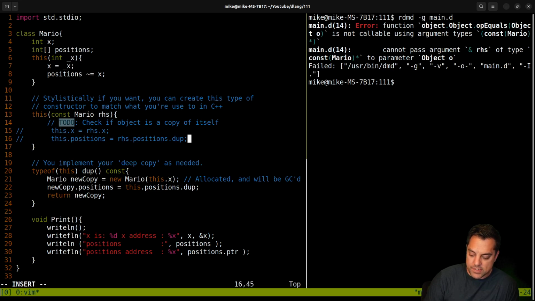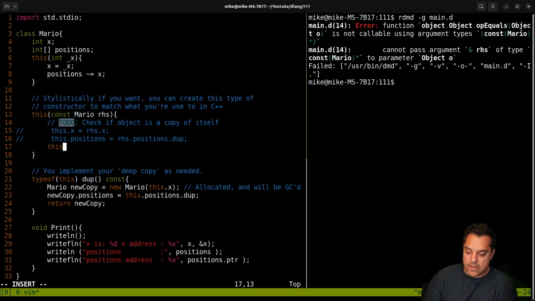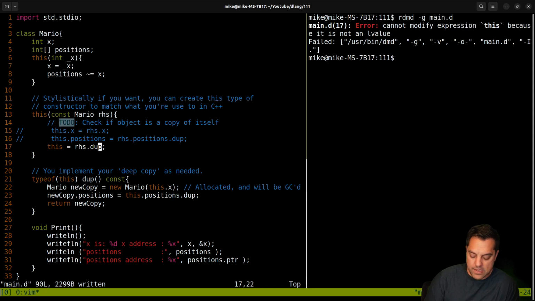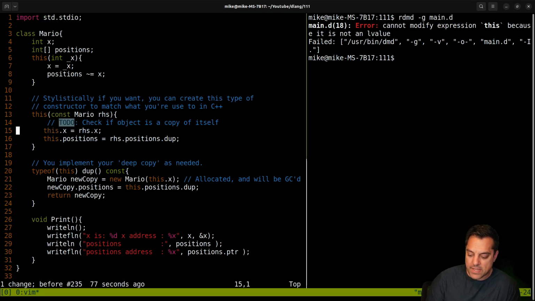for this is to just go ahead and say this equals, actually, let's try this right-hand side. Let's just make a duplicate here. And I need to return to this object here, but let's see what happens here. Right, so I need this reference. Let's see, we need to dereference this object here. No, that's not gonna let us do it. All right, but anyways, I'm not gonna mess around with that too much, but basically we could save ourselves some